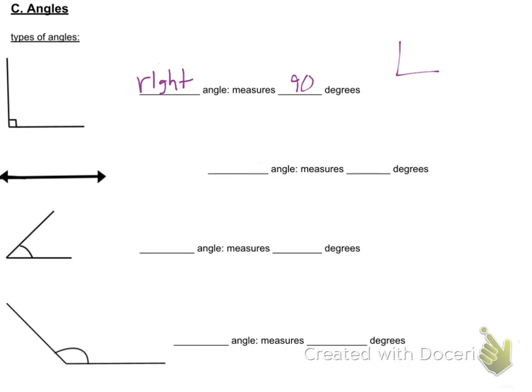Now, hey, look at this. Is that a right angle? No. It looks like a right angle, but can you guarantee it's a right angle? No. All of a sudden I go in here and I do that. Now it's a right angle. Your figures drawn in your book or on tests, quizzes, or on the board, please do not ever assume something looks like it's 45, or it looks like it's 90, that it is. You have to be able to be certain by using deductive or inductive reasoning, we'll talk about that later,